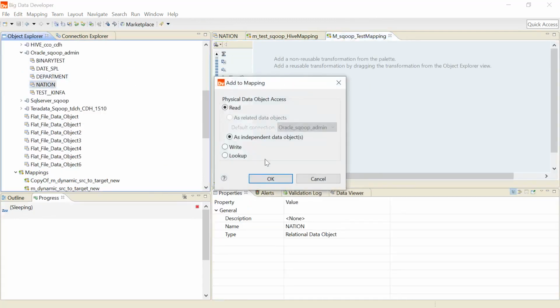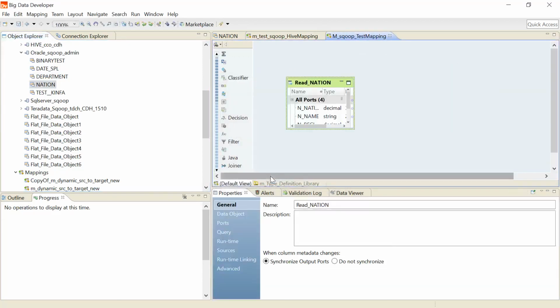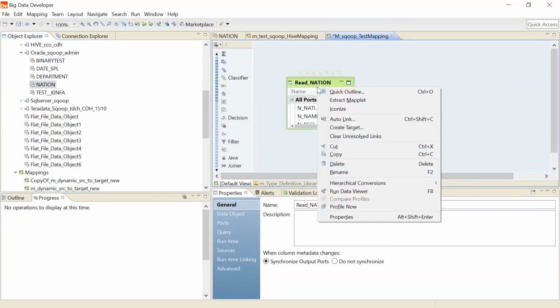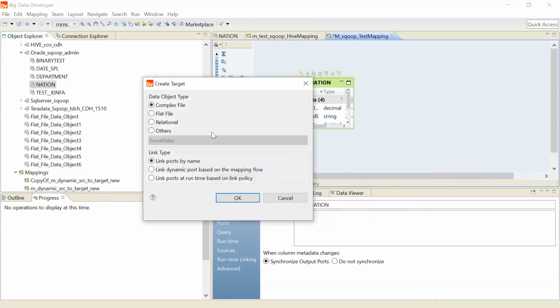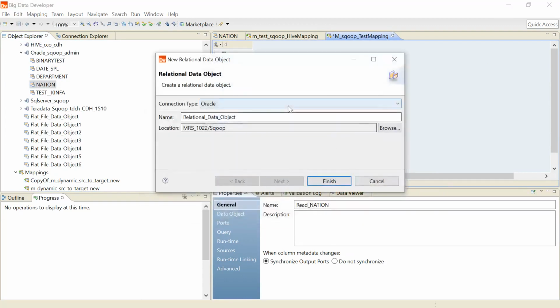Drag and drop the Sqoop object as read, that is your Oracle table. You can create a target, a relational target, a flat file target. I am creating a relational Hive target.